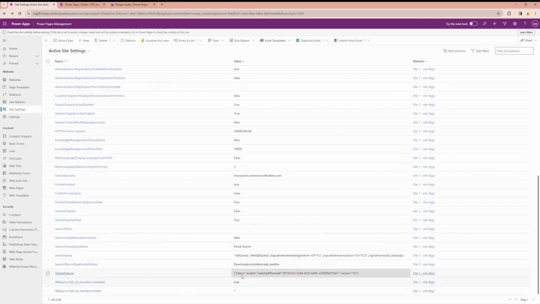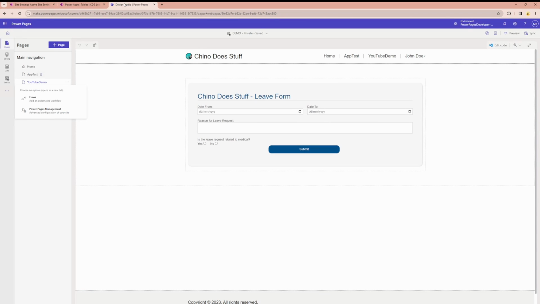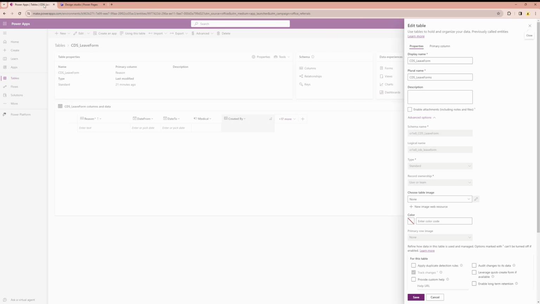So if we go down to the bottom here, you can see I've added these two new settings to the site. And this now will allow our Web API to speak to this list directly. And that's really all we need as far as the different components are concerned. So we can go back to the Power Pages Management Studio. We can even close down these other tabs. I'm pretty sure